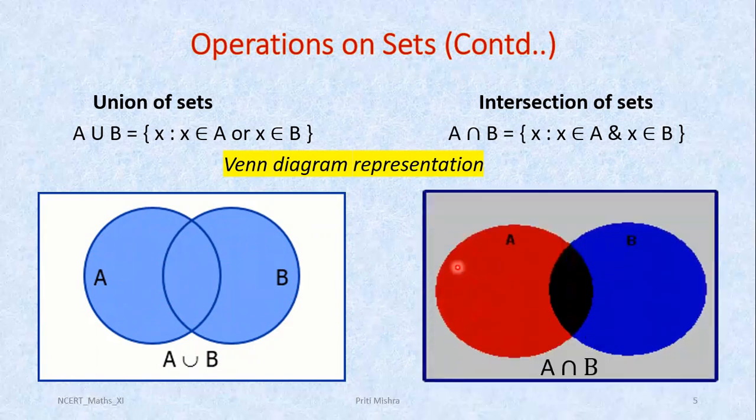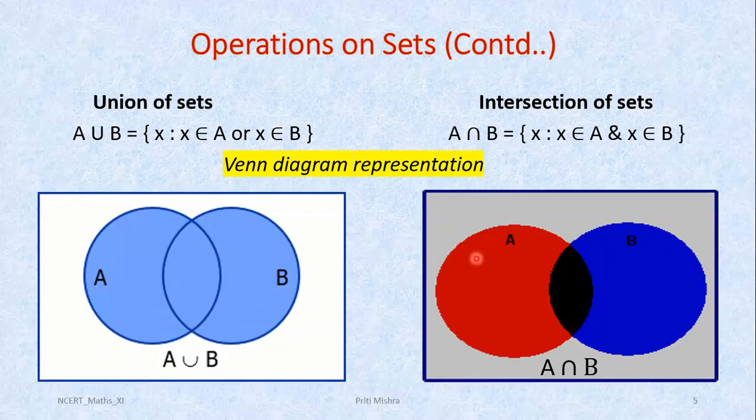Now let's have intersection of two sets. You can see here exactly the same type of picture, but with three different colors. Means for representing a particular set, you can use different colors, or you can use a pencil. You can shade it to show a particular set. So here this black shaded portion is showing A intersection B, means all the elements which are common to A and B are coming here in this portion only.